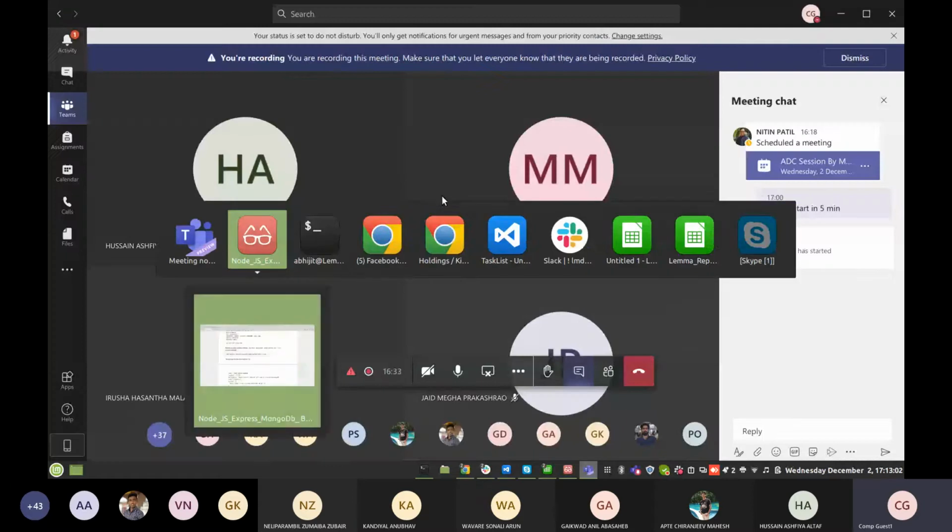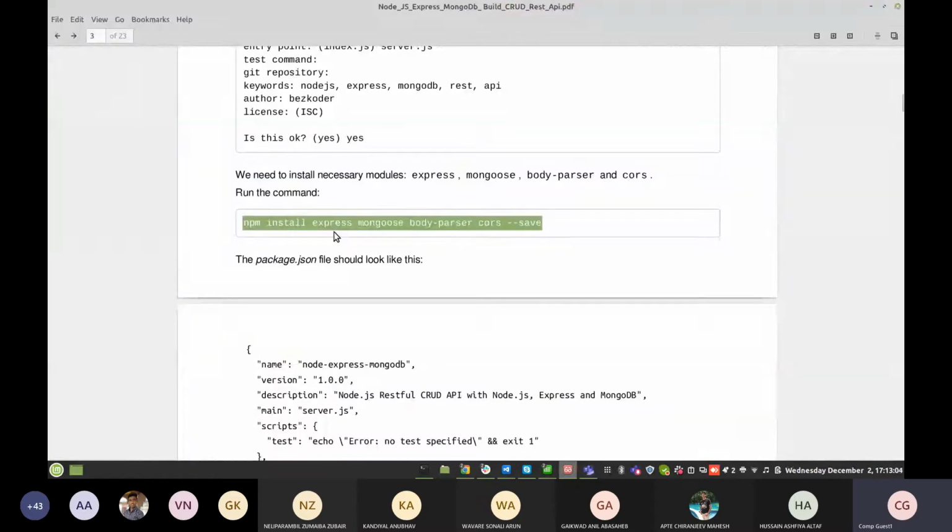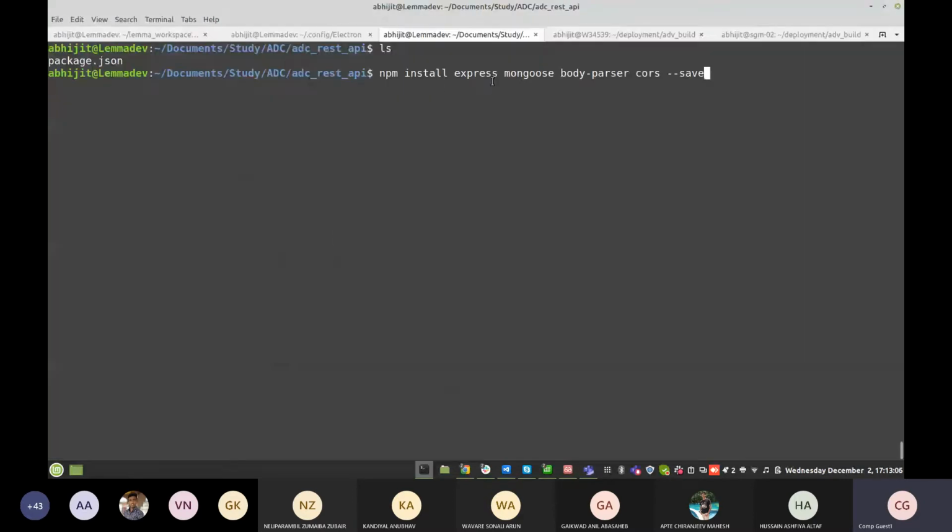Here we require these packages: Express, Mongoose. Mongoose is a connector, an application layer that we use to connect to the database. Then body-parser and cors, for the cross domain requests that we send. And --save means it saves the dependencies into our package.